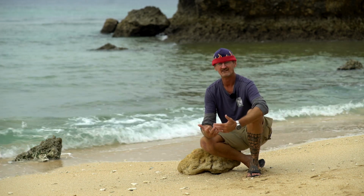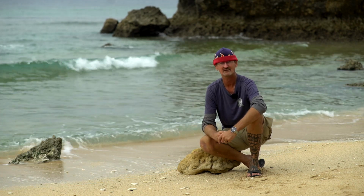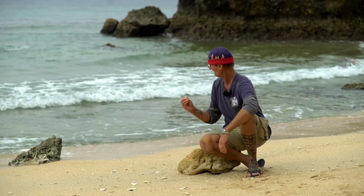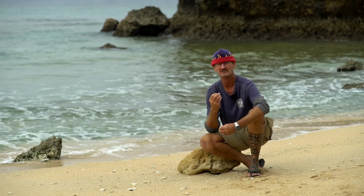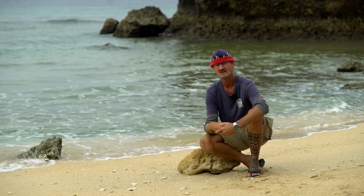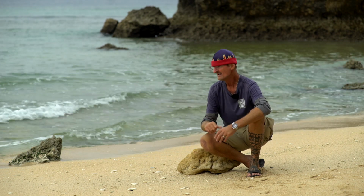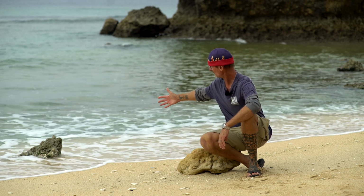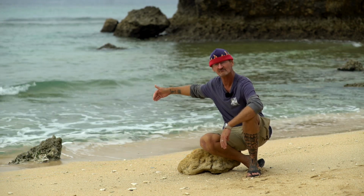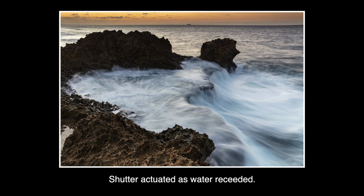I prefer to work with that slower shutter speed, normally in the middle of the day using an ND64, ND1000, something like that. But what I find is the most effective method to getting really nice, slow, long exposure photographs when working with agitated water in a particularly rocky area is I wait for the water to come in like this, and it creates that white water around it, but it's when the water then starts to recede back away from the object before another wave comes in, that by taking the photograph at that point,